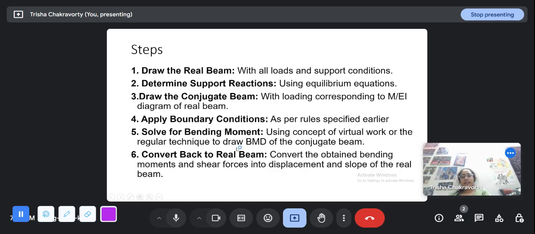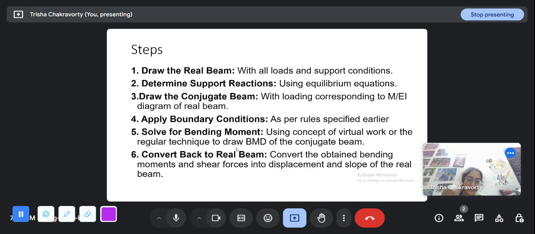Now note one thing, that since the length of the real beam and the conjugate beam are the same, suppose the length is 2 meters, and I ask you to give me the responses, the deflection or the rotation, at a point 0.5 meter from the left end. The conjugate beam also has the same length, and once I have the loading pattern on the conjugate beam, the section which I'm concerned about in the conjugate beam to find the bending moment and the shear force will also be 0.5 meter from the left. So the lengths are corresponding in both the beams.